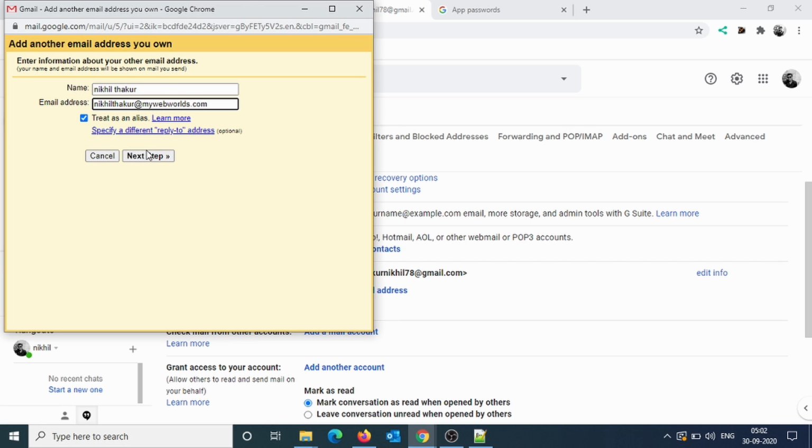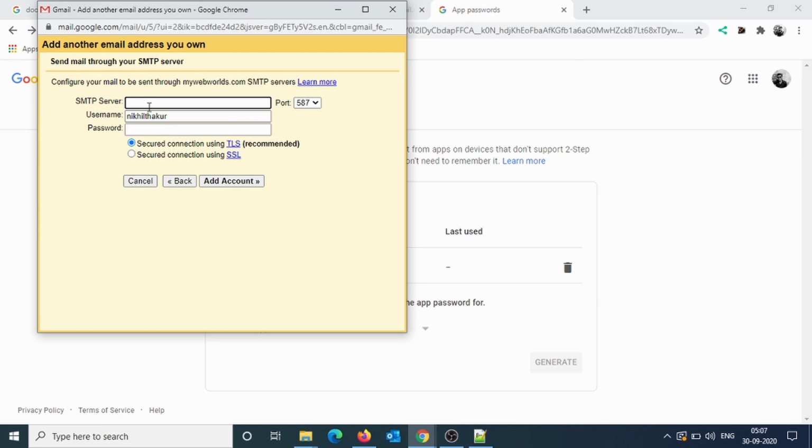And I click on next step. Type your SMTP server as I am typing it, smtp.gmail.com, and in the username you have to enter the same ID of your Gmail account. And for the password, the one which I have copied before, you have to paste that password and click on add account.